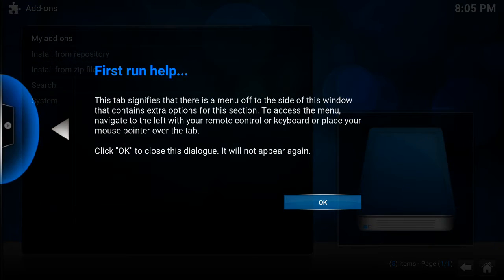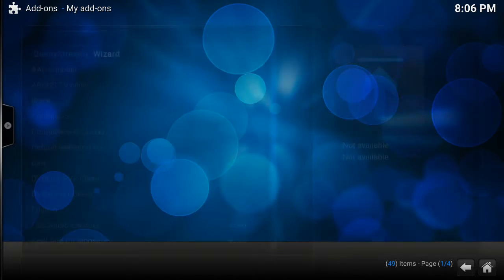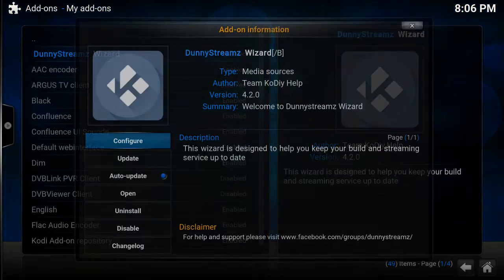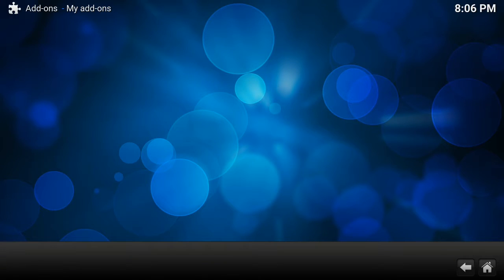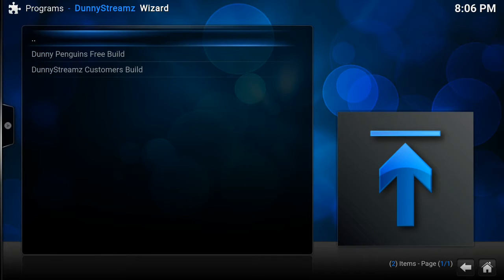You go across to System, Add-ons, look in your add-ons, in all add-ons, and up at the top there you'll have DunnyStreamz Wizard. We've done it in blue and white lettering so it stands out from the rest. Open DunnyStreamz Wizard. And this is the new wizard that has a lot of functions that we can all use later, but at the moment all you need to do is click on DunnyStreamz build menu, and there's the DunnyStreamz customers build that